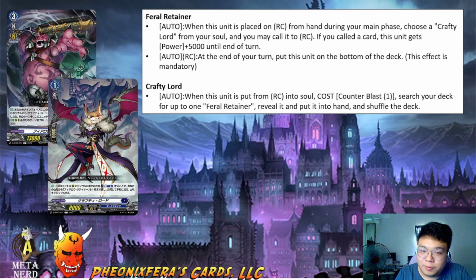Next, for Dark States, we have a 2-card combo, Pharaoh Retainer as well as Crafty Lord. Pharaoh Retainer is the grade 3. Auto: when this unit is placed on rearguard circle from hand during the main phase, choose a Crafty Lord from your soul and you may call it to rearguard circle. If you call a card, this unit gets 5k power until the end of turn. Second skill, auto rearguard circle: at the end of your turn, put this unit on the bottom of your deck. This effect is mandatory. For Crafty Lord, auto: when this unit is put from rearguard circle into soul,